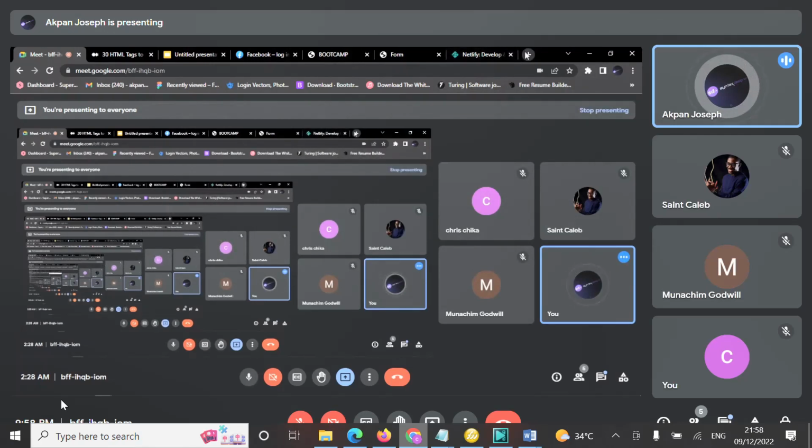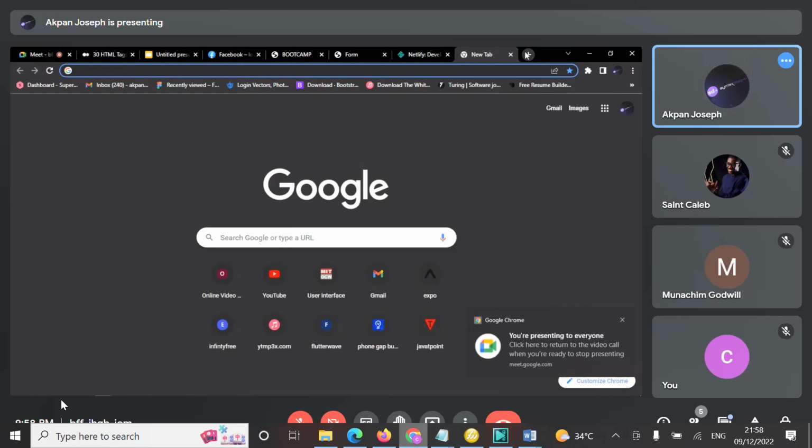But I don't remember the actual name. But maybe before the end of this class, I'll remember what A means, the meaning of A. It's used for link. It's used for linking different web pages. So you can have two different pages on your system, on your project, and then you can link them